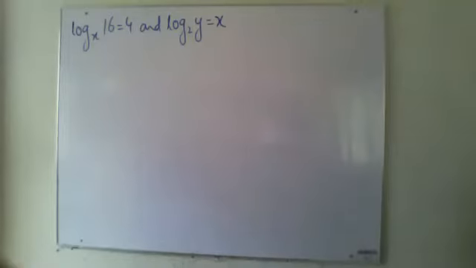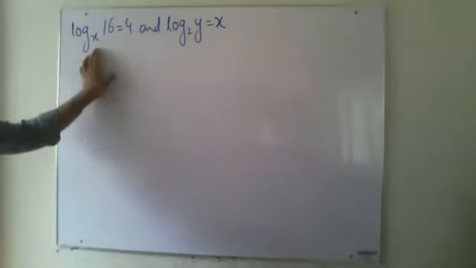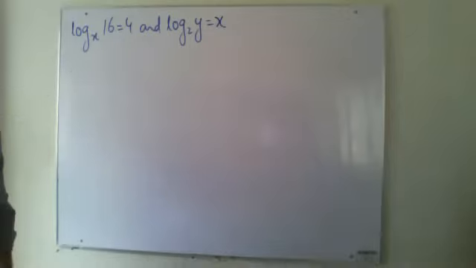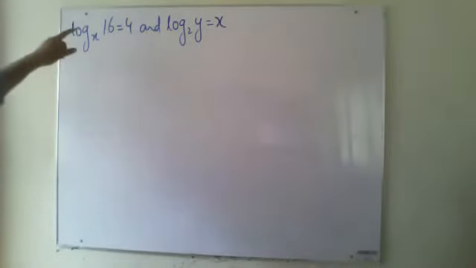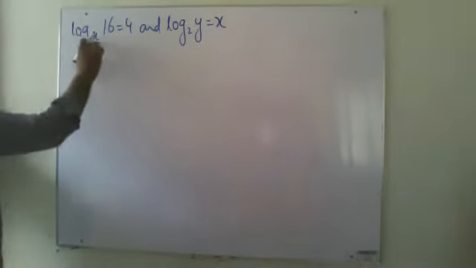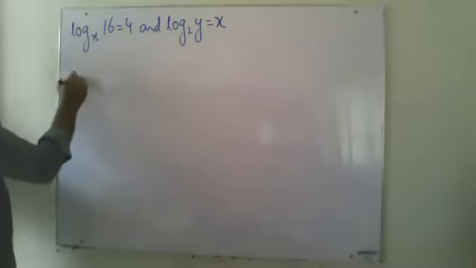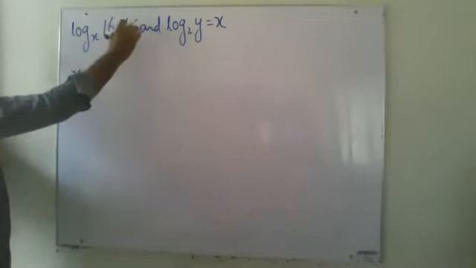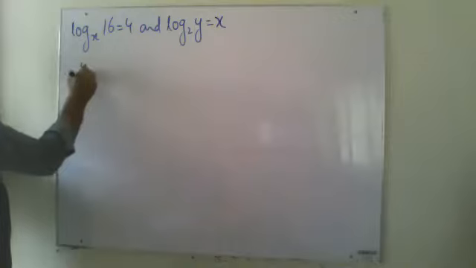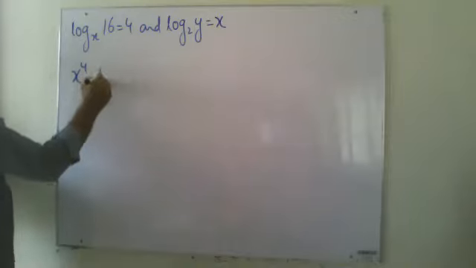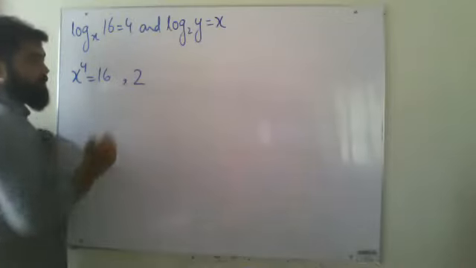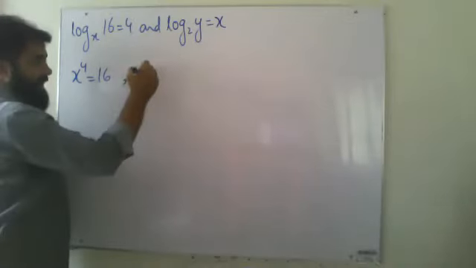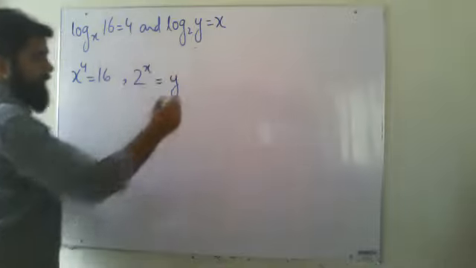Now this is your new question and we have to solve them to get the value of x and y. There are two equations, so it means they will be solved simultaneously. First of all, I am going to talk about this one. What is the subject of base over here? x is the base. The answer of the log equation will become the power, and this is 16. Over here, 2 is the base, x will be the power, equals y.